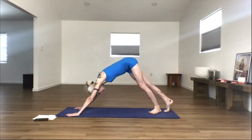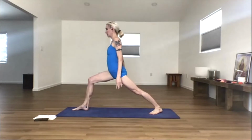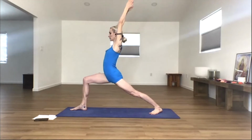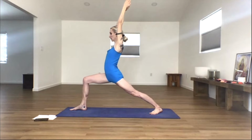Now step your right foot forward, warrior one. Squeeze your back leg. Reach your arms up. Hips and chest facing forward. Sink down. Pay attention to every cell in the body. Imagine the intelligence of the whole body working together with the breath, the thoughts, and then open to the side,